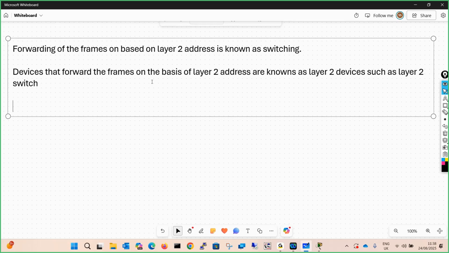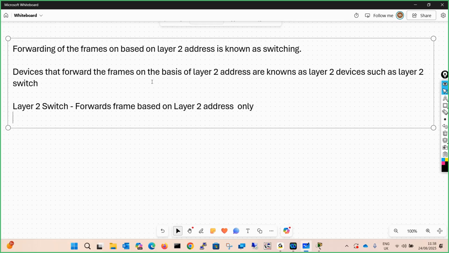Now the switches are of different types. One is the layer 2 switch. What does it do? It forwards frames based on layer 2 address only. It doesn't understand IP addressing. On a layer 2 switch you cannot do any layer 3 functionality.